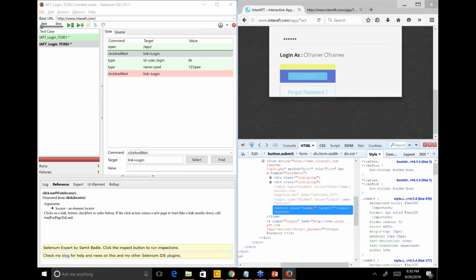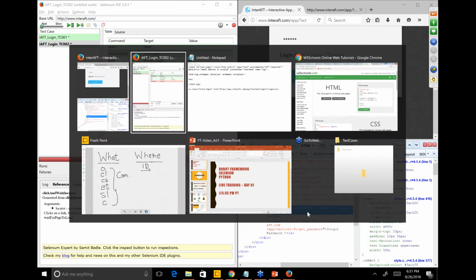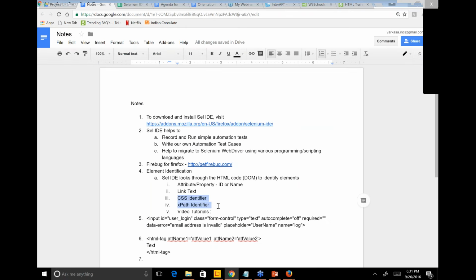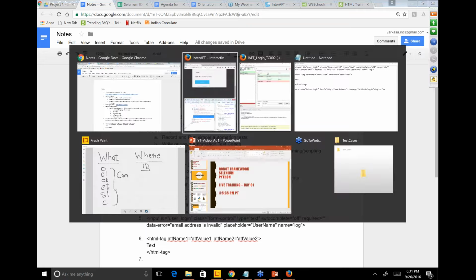Now in this case, I can write something that is specific to identifying this. How do I do it? I don't have an ID attribute. I don't have a name. I do not have a link text because it's not a link. Then how do I write an XPath or identifier for this? That is when we use the other alternate ways of identifying, using CSS or XPath, one of these two things. Now the simplest way is to write an XPath,